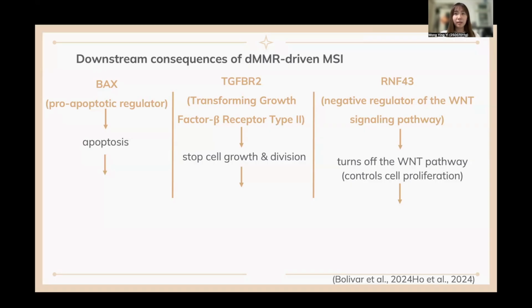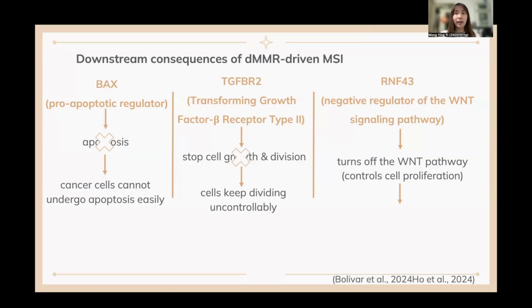Typical target genes include BAX, which is the pro-apoptotic regulator, and transforming growth factor beta receptor type 2, also the RNF43, which is the negative regulator of the WNT signaling pathway. These mutations disrupt critical pathways, leading to evasion of apoptosis, uncontrolled cell division and excessive